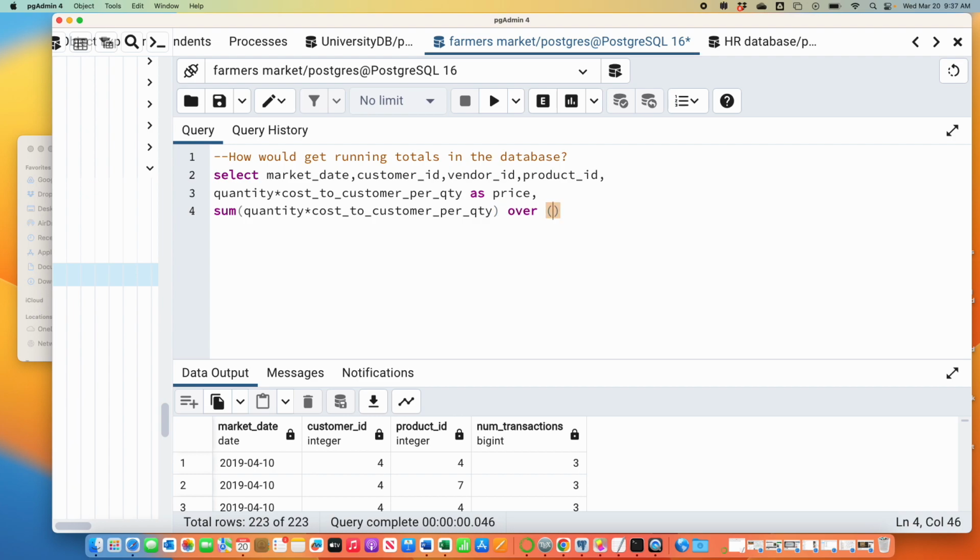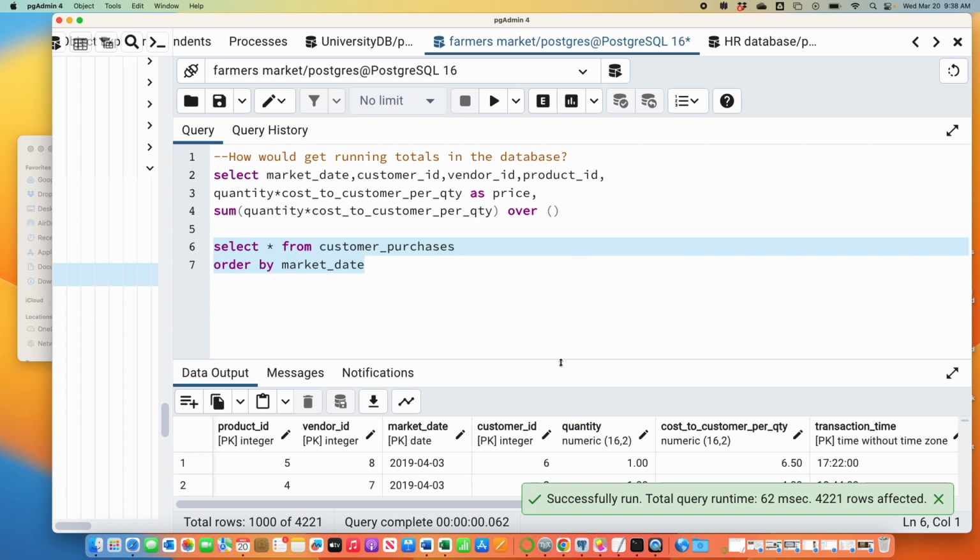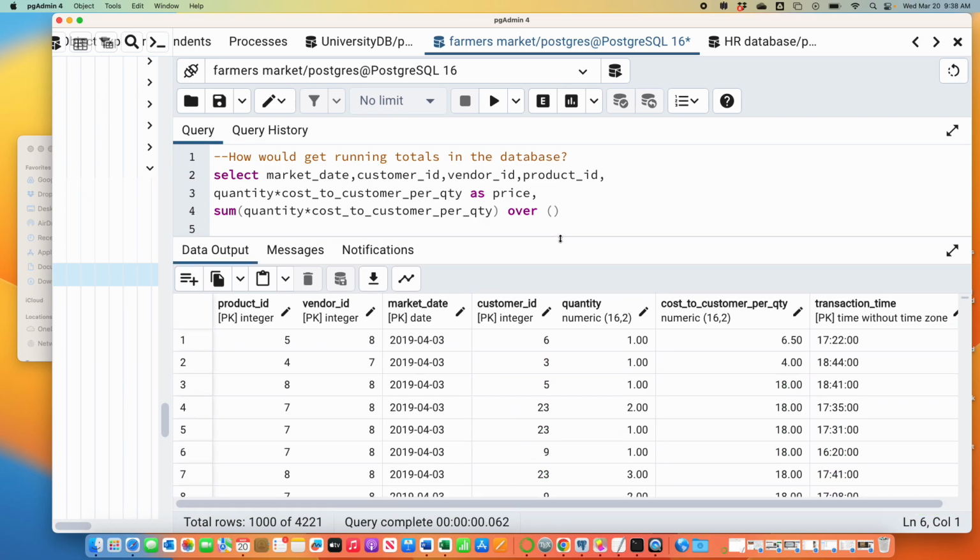And suppose I want to know just a running total. Actually, let me, just to set up what I'm going to write. Suppose I just want a running total for the entire database of transaction costs. So what do I mean? Here's the database ordered by time. The very first purchase made was 1 pound at 650 a pound, so 650. Y'all agree with that? The very first purchase made cost $6.50.